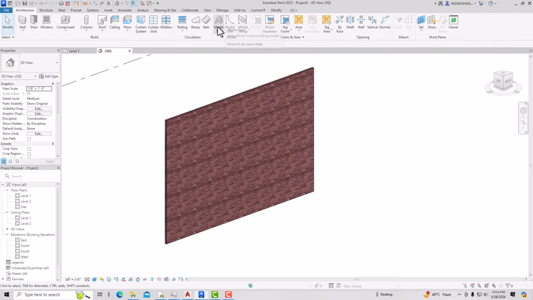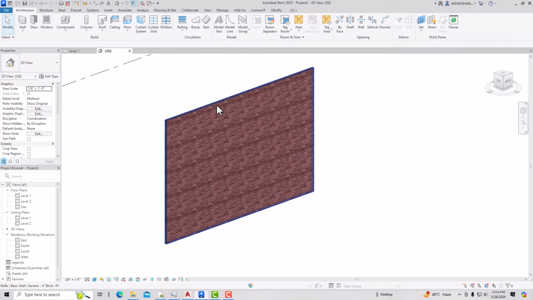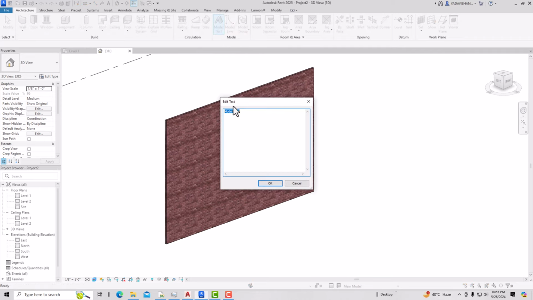If you want to create a 3D model text, you can select this model text option here. Look at the definition: it states that it adds 3D text to the building model. So if you want to add text to your 3D model, you can use 3D model text. I'm going to use this model text, click here, and you will see edit text, so you can edit your text. Suppose I want to write here 3D model,